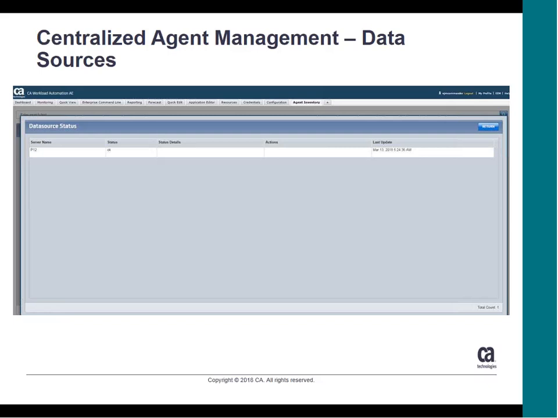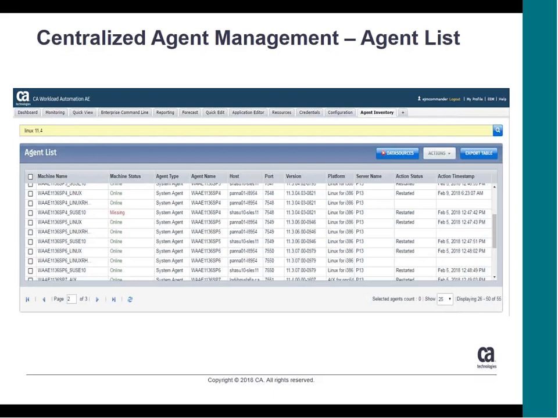So in case there is any problem, the status details will list what the problem is, and the actions will tell what kind of action one has to take to resolve the problem. So this is how the listing looks when you click on the agent inventory. You can see it displays